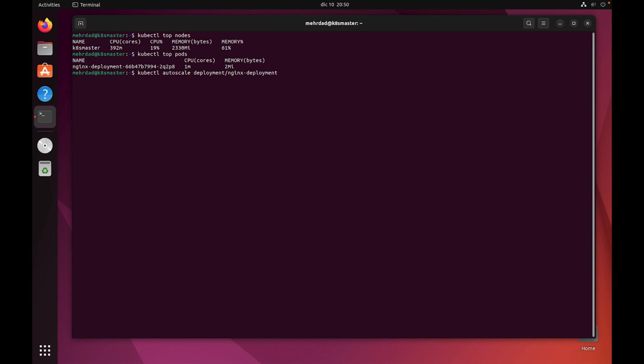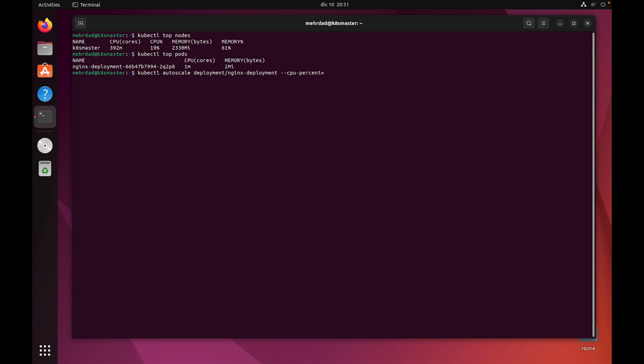Or we could use the file name as well, and then specify our nginx deployment YAML file. But I'm going to use the name of our deployment here, and you would want to use the CPU